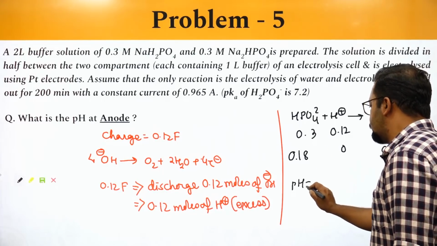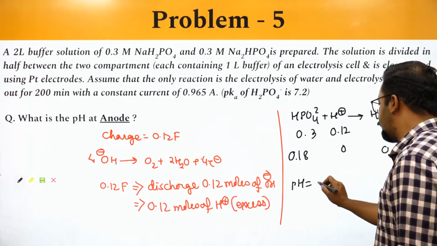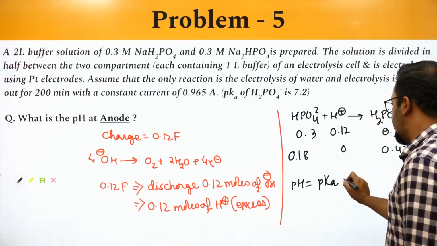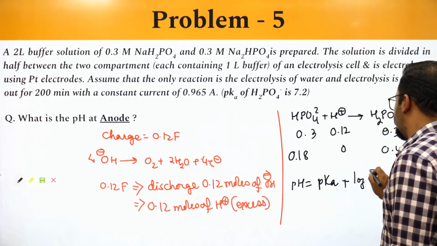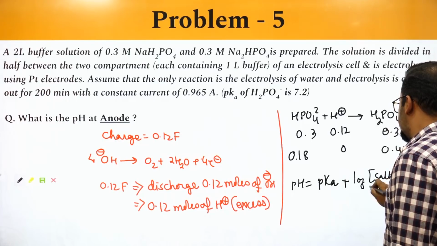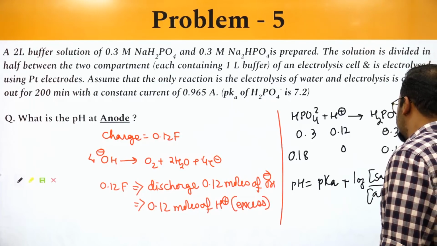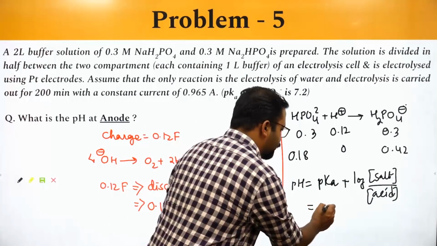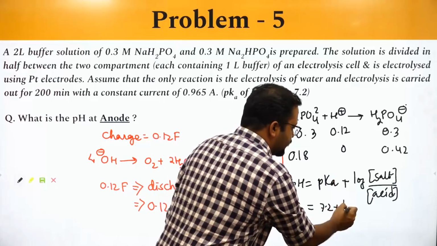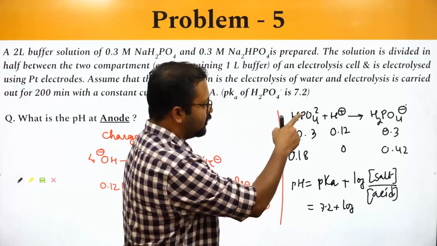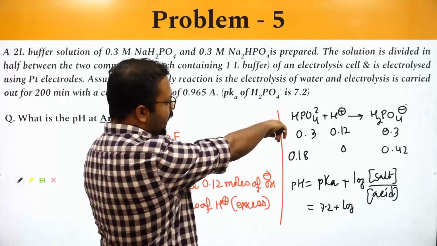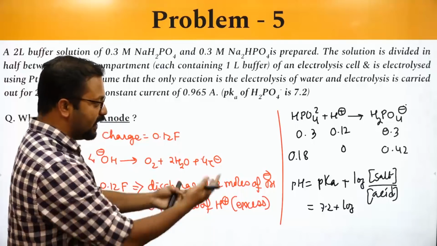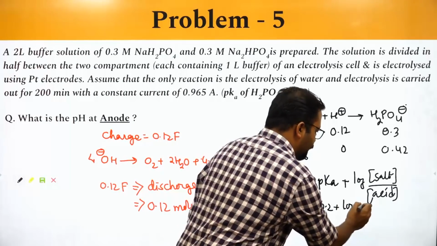So pH will be equal to pKa plus log of salt by acid. What is the pK value? 7.2. Salt concentration is, salt was HPO4 2 minus, it is decreasing and acid is getting formed because the salt is reacting with H plus. So ये कितना हो जाएगा? 0.18,